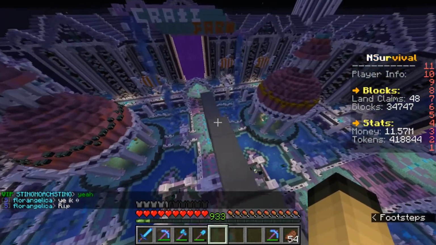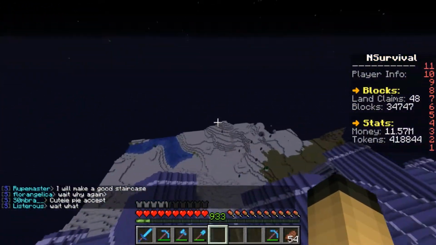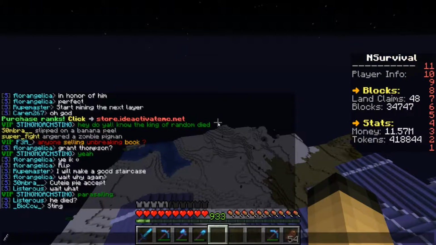But in the end survival part of this world, I actually take a lot of the builds from my creative world and build them on this server, because this server is 1.13.2. You can play on 1.14, but it's very glitchy and you can't use any of the 1.14 blocks or add-ons or additions. Anyway, let's go to